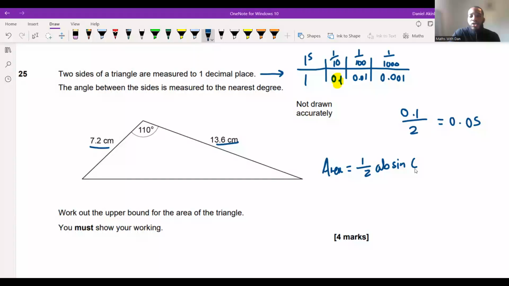Now remember, what they're asking you for is the upper bound for the area. Now the area is dependent on three variables, aren't they? It's dependent on A, on B, and on C. The variables A, B, and C change. Depending on what values you choose will give you the largest area. So you need to ask yourself, what bounds do I need if I want to work out the upper bound for the area? I will give you about 2 more minutes to have a go at figuring out the bounds, see how you get on, and we'll go through it together.